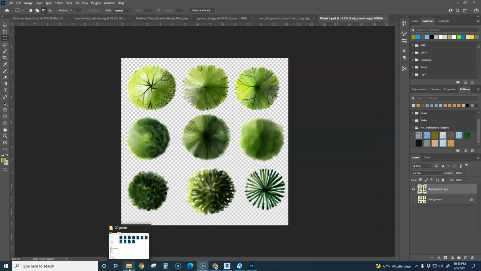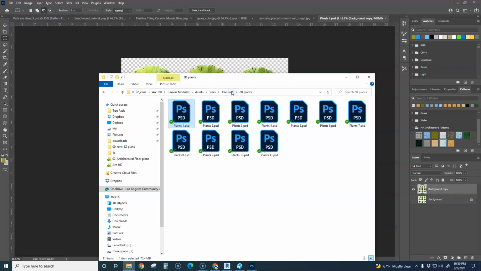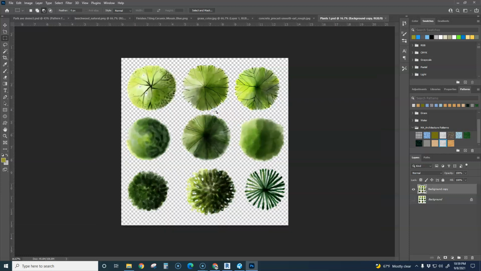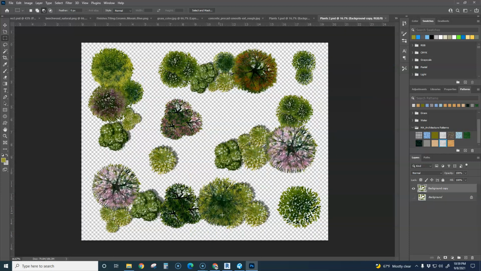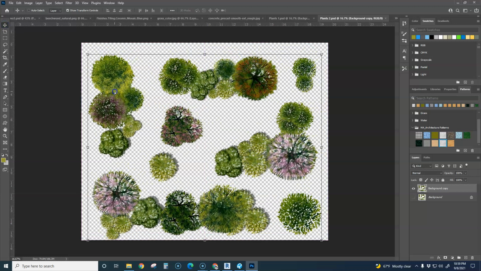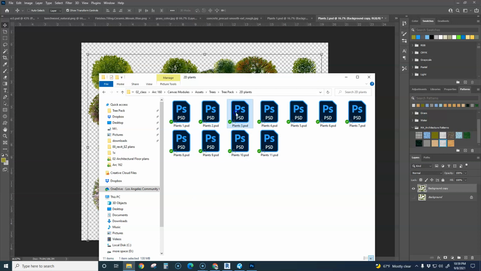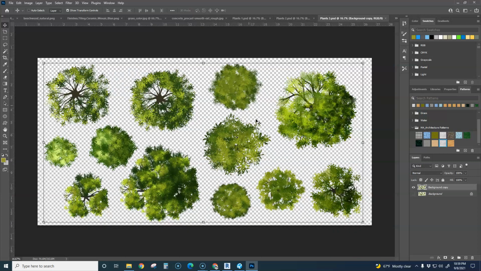Hey guys, you'll have to look through these Tree Pack 2D plants. I have a bunch of different types of trees here that you guys can cherry pick off of. So you'll just have to open it up and see what kind of trees you want. I think these are kind of cool. So let's just do this, and then you want to highlight, because they're all in one layer. Maybe it'll be smarter if I just had it in separate layers, but whatever. So I'm going to Control C, bring back to my